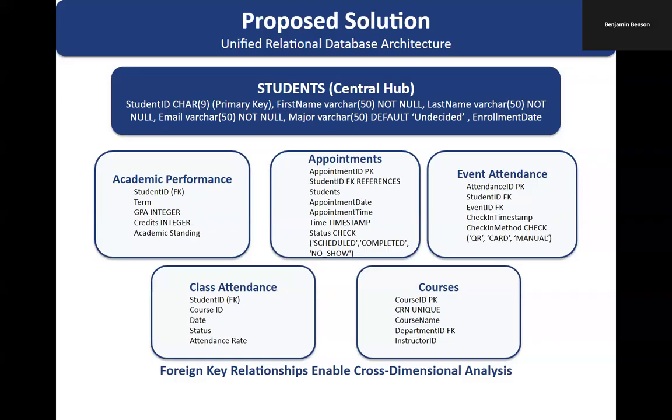Under event attendance, there's a check-in method to check whether the students have used QR codes, card swipes for their Bobcat card, or a manual sign-in. The reason I included this is because it would be a very good idea to see what students are actually using in order to check in, and then to move our events that aren't using that to using that. So for instance, Slate, the database that we use in student success, does this nifty thing where